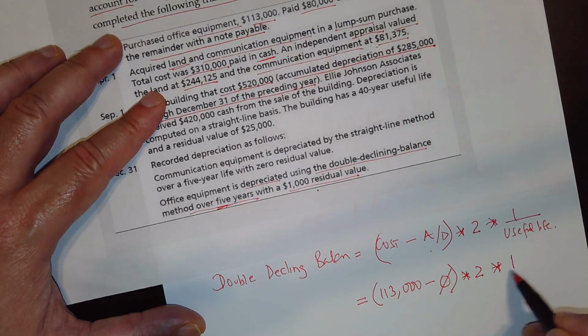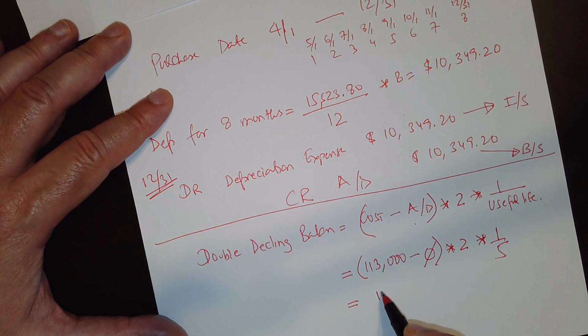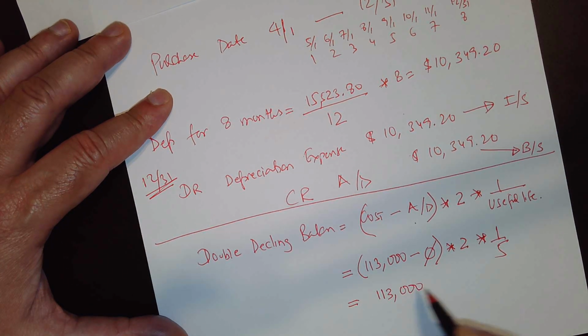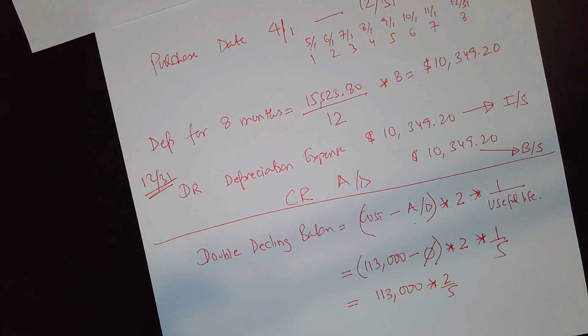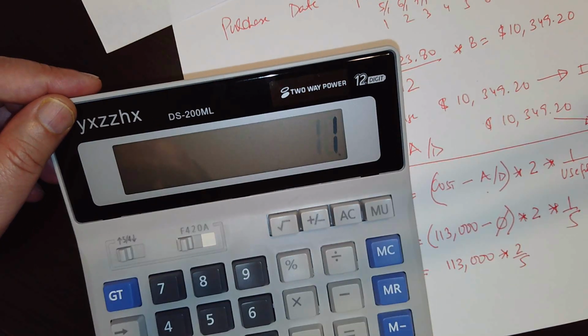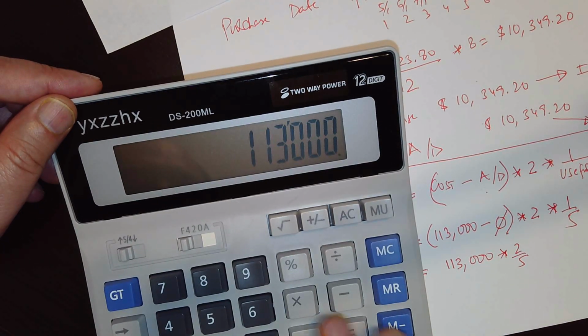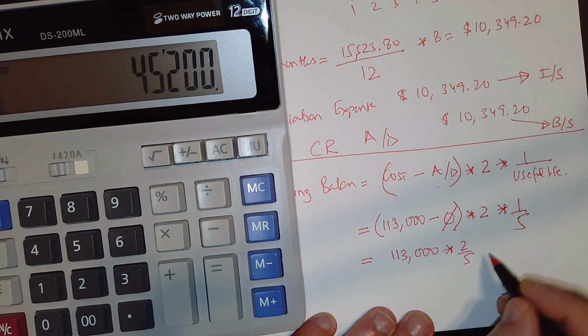So it's 1 over 5. So the double declining balance for the first year is 113,000 minus 0, into 2 over 5. So we're going to take 113,000, multiply by 2 and divide by 5. So first year our depreciation turns out to be